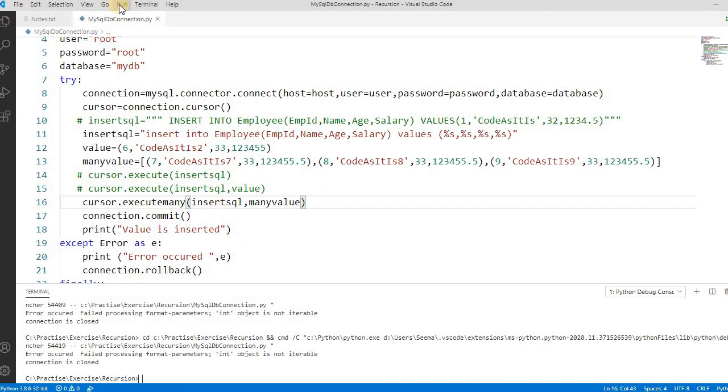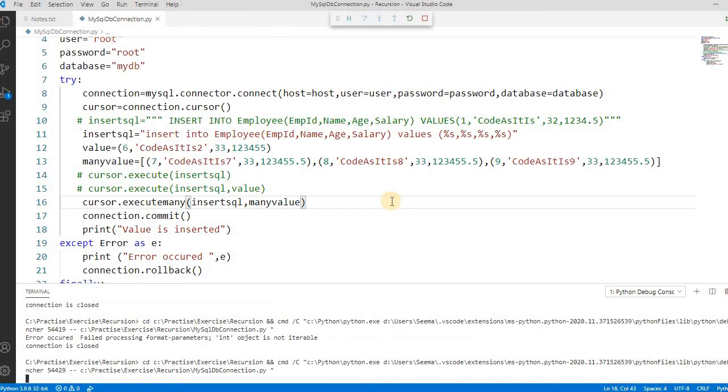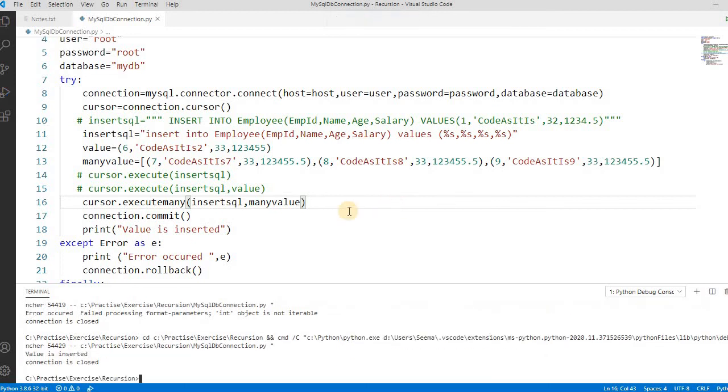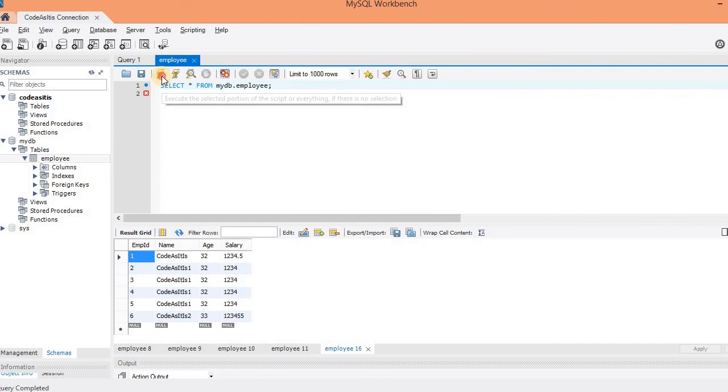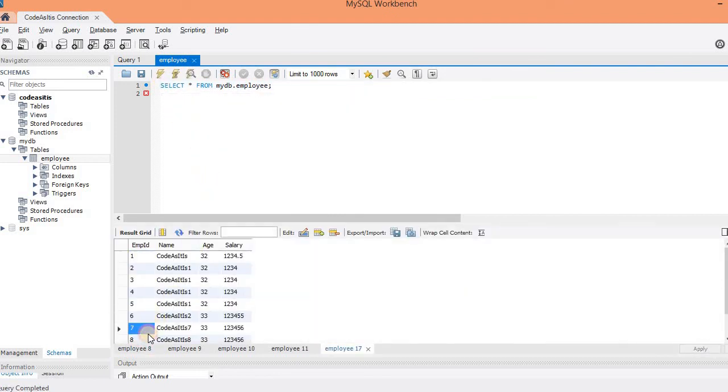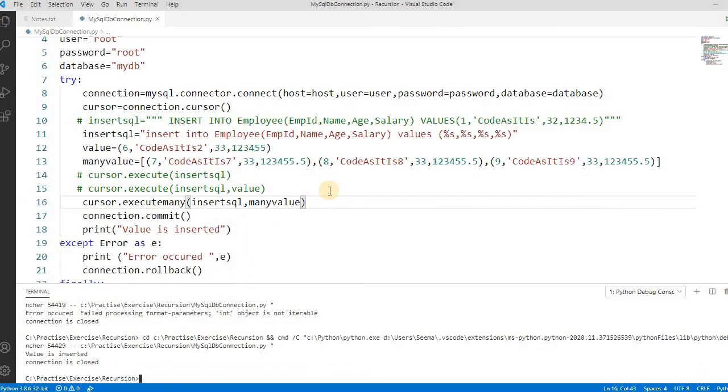If we run it, see the value is inserted. Let's check the values. Let's run this. See here, all the values are appended, right? So this is the small way of passing single values in the tuple, and how to pass multiple values at the same time.